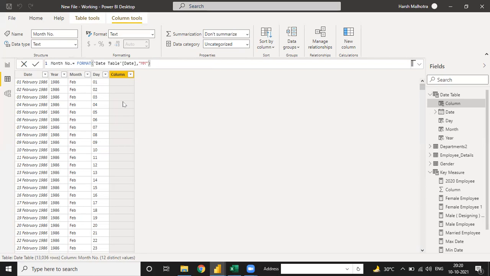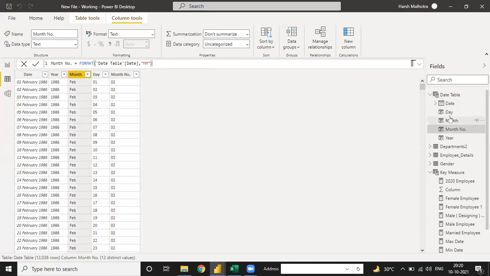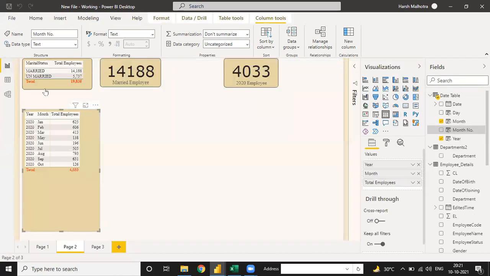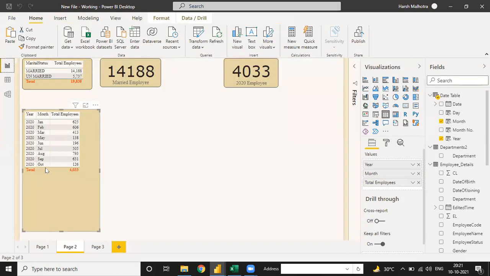Why do I need this? Let me tell you. The value of Feb is the second month. Now I go to this month, select this month, and sort by month number. When I sort by month number, it will give you Jan to December. See in the visualization, Jan to December: Jan, Feb, March, May, June, July, August, September, October. April has no data, so there is a reason.